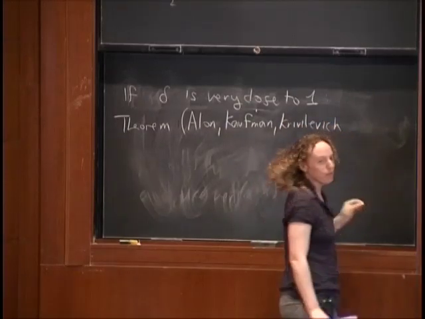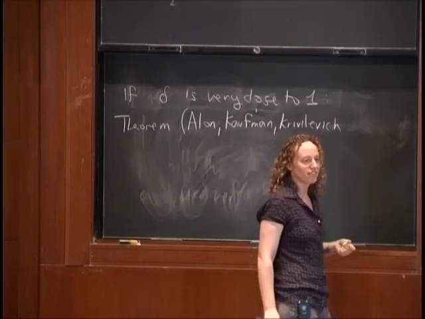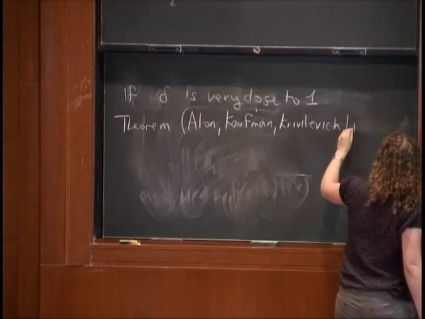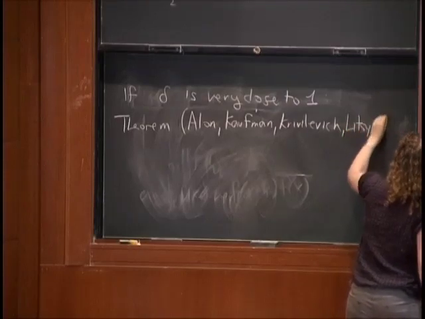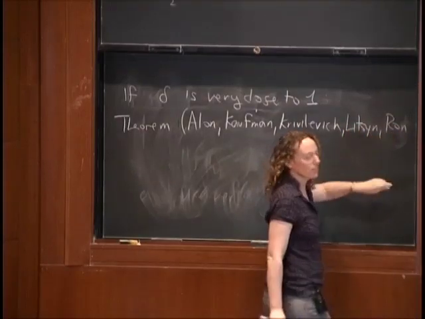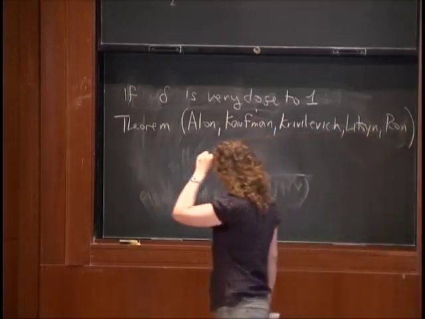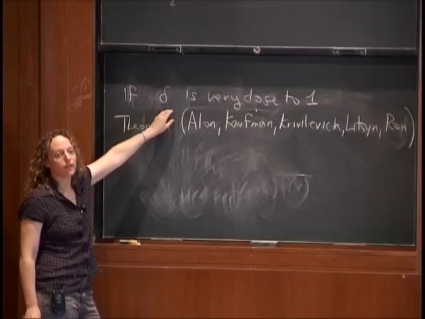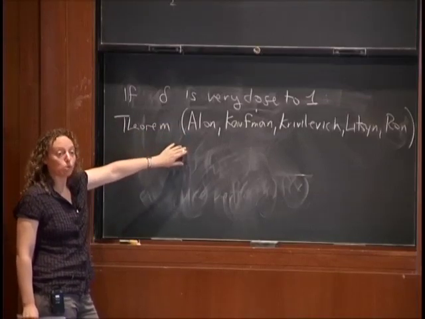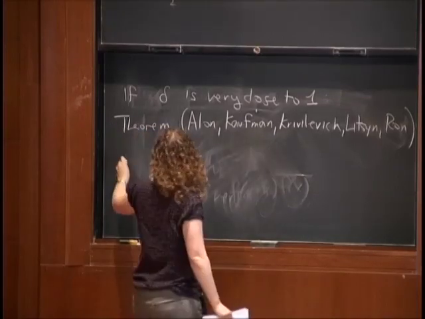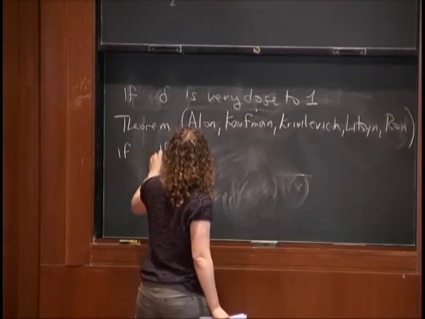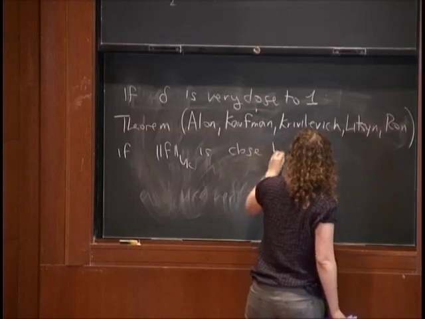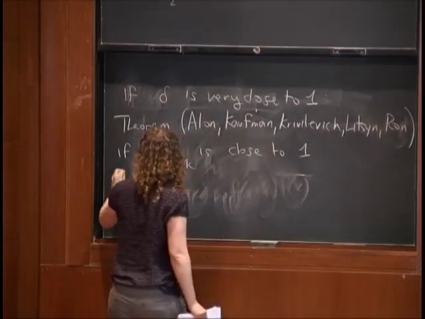I think if you collaborate with many people, you should at least have a short last name. So there's a theorem that says that if delta is very close to 1, then you're actually close to a polynomial. So if the UK norm of f is close to 1, then